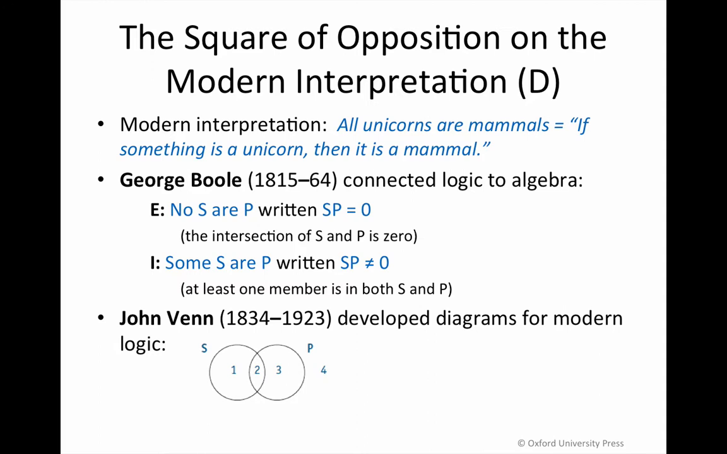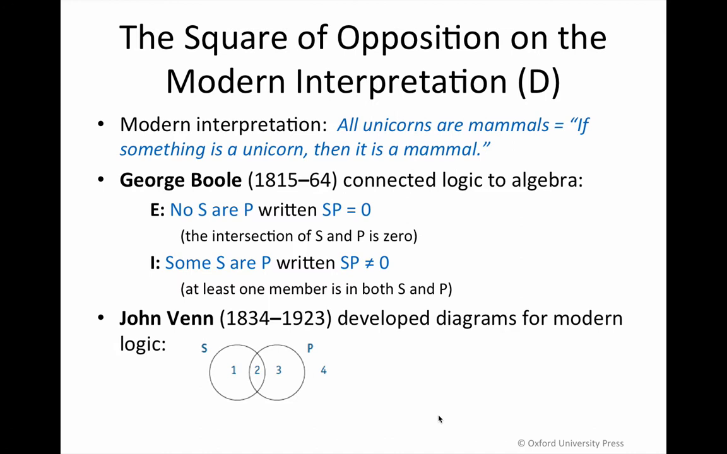So when we're thinking about the sentence, all unicorns are mammals, we are thinking in terms of not assuming that the subject class has any existent members. It might help you to think of the universal affirmative on the modern interpretation as saying if something is a unicorn, then it is a mammal. We're not saying that any unicorns actually exist, but if there were to be, then this is how it would look. So take a look at the bottom of the screen,